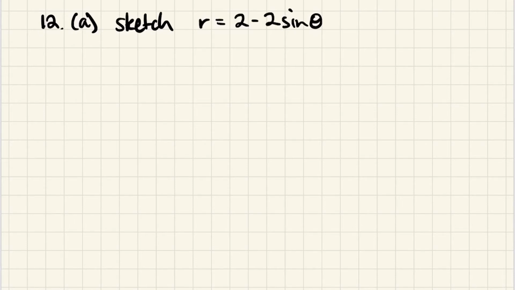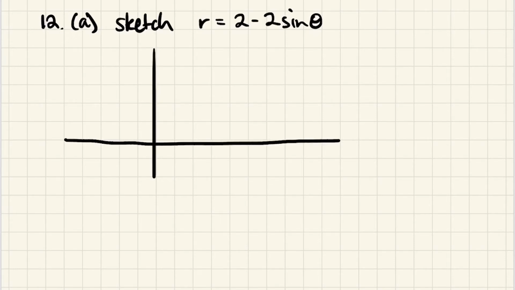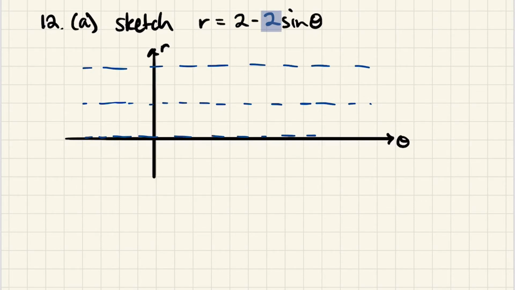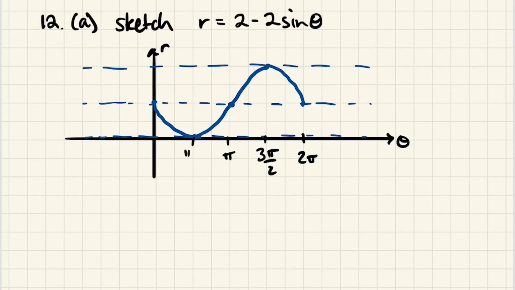For these, I generally think it's a good idea to start by sketching them on r theta axes. So we can see this one has a vertical shift of 2 units and an amplitude of 2 units. And it's an upside down sine wave, so it's going to start here. And it has a period of 2 pi, so that would be a 2 pi there, pi, 3 pi over 2, and pi over 2. And we can also see this has a range of 0 to 4